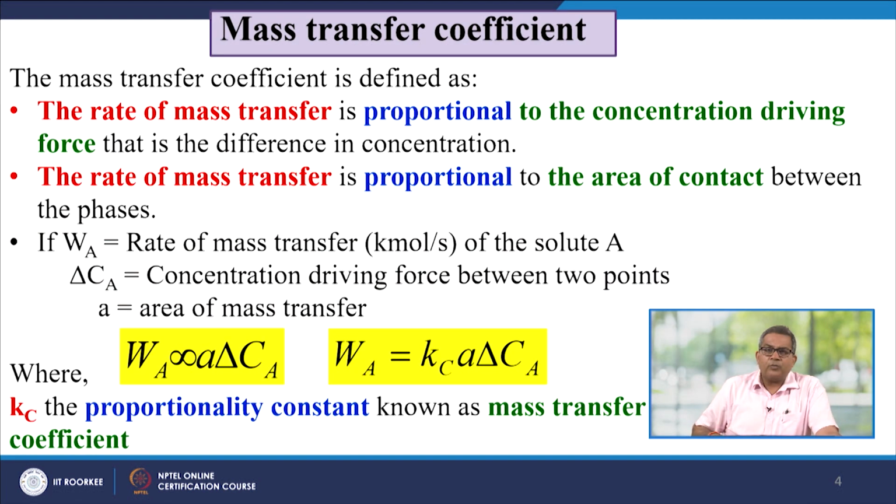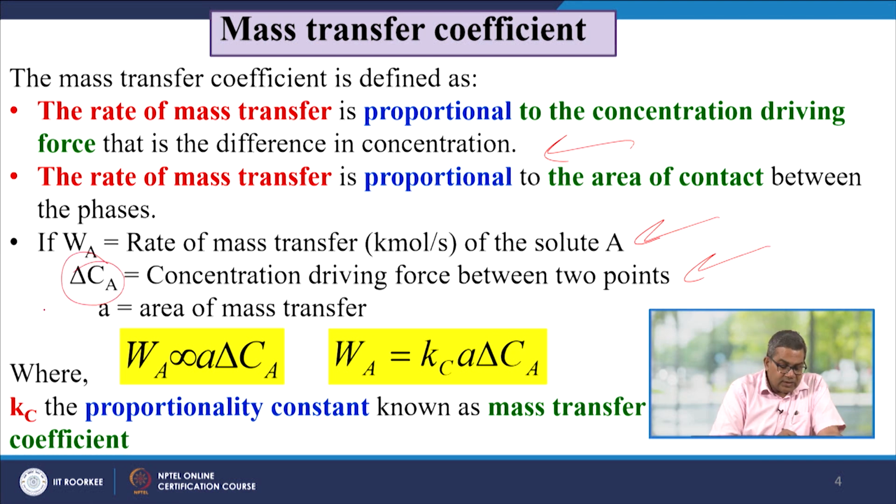Now, the mass transfer coefficient is defined through the rate of mass transfer, which is proportional to the concentration driving force, that is a difference in the concentration. Apart from this, the rate of mass transfer is again proportional to the area of contact between the phases. So, if we represent WA as the rate of mass transfer of a solute A, and the concentration driving force between the 2 points is delta Ca, then mathematically WA is equal to Kc A delta Ca, where Kc is the proportionality constant,